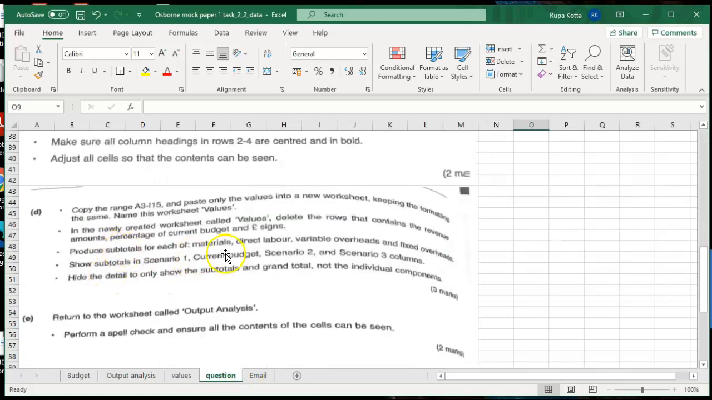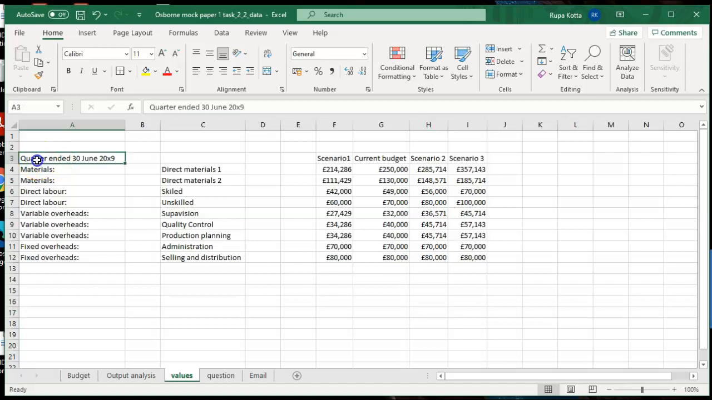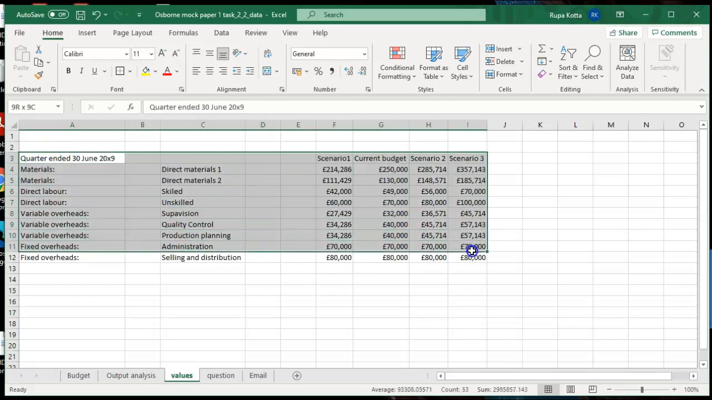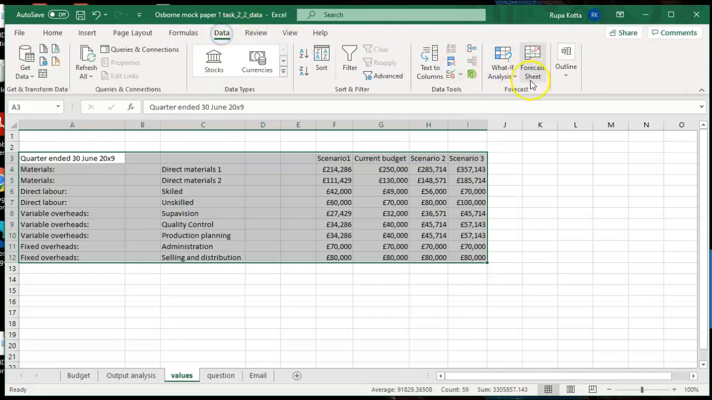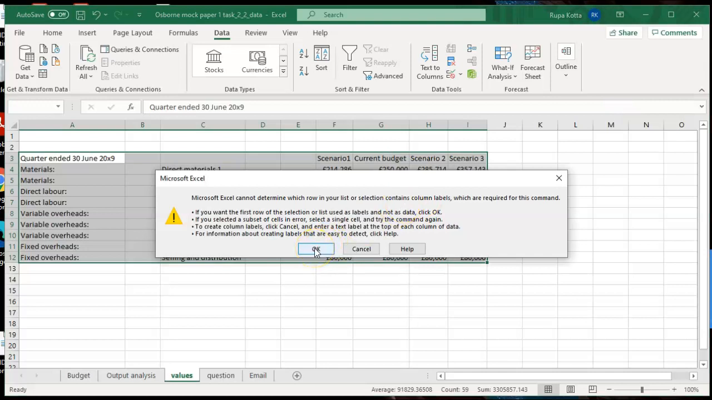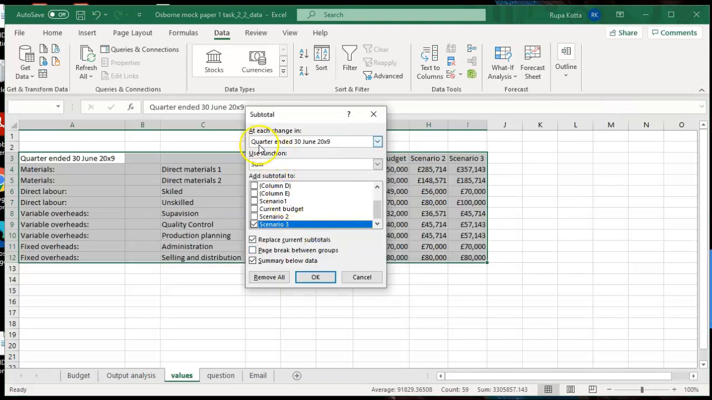Produce subtotals for materials, labor, variable overheads, and fixed overheads. And these subtotals need to be shown for all scenario 1, current budget, scenario 2, and scenario 3. So we have to do subtotals now. Select everything and data tab, subtotal, say OK. You want to, at every change in the heading, we want to do a sum on scenario 1,